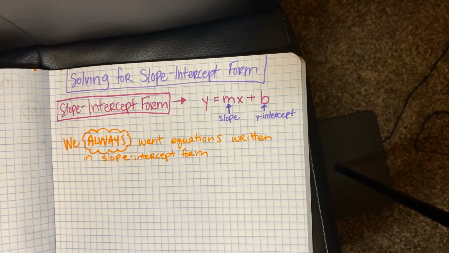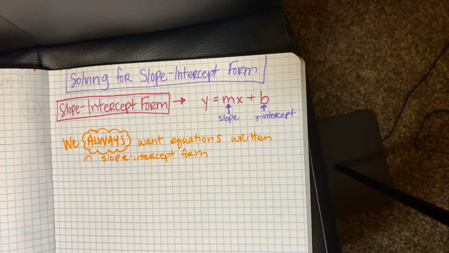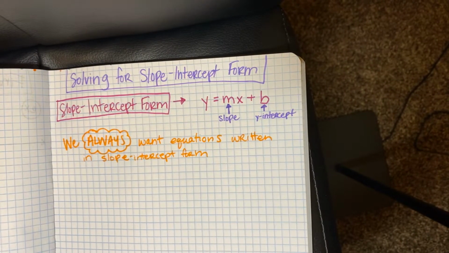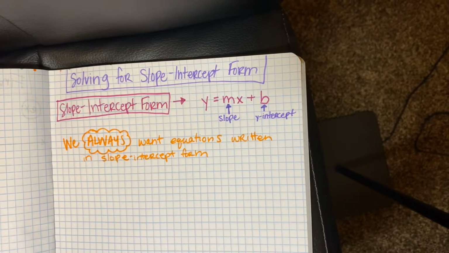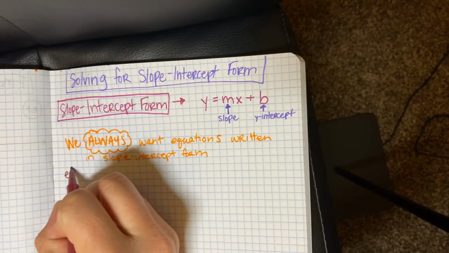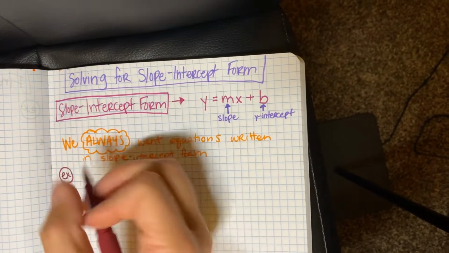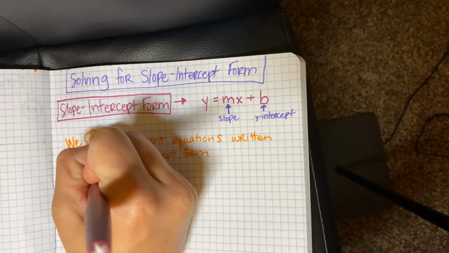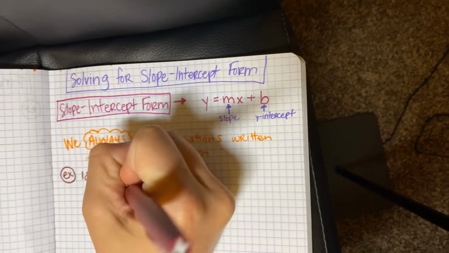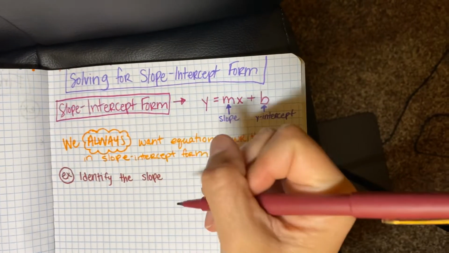The reason that we always want it in slope intercept form is because it shows us what that slope is. It shows us what the y-intercept is, so that when we are trying to graph, it's easier. So let's do an example. And the problems will say, identify the slope